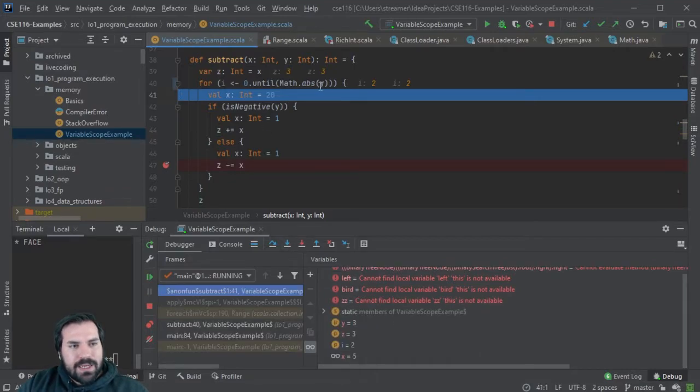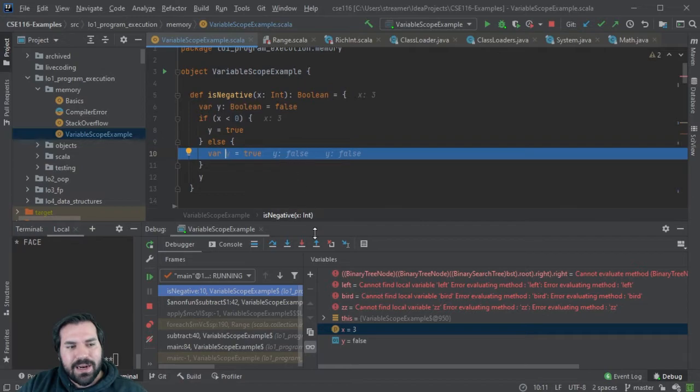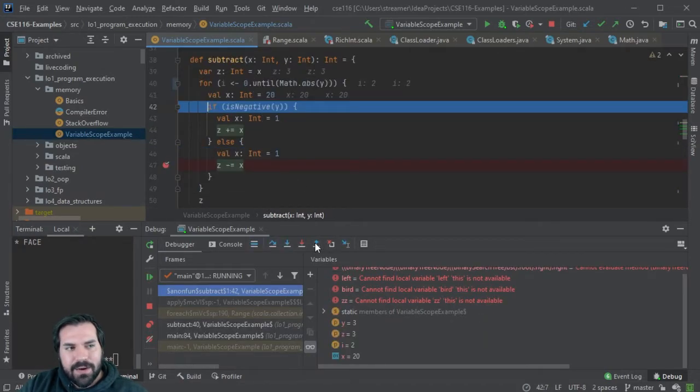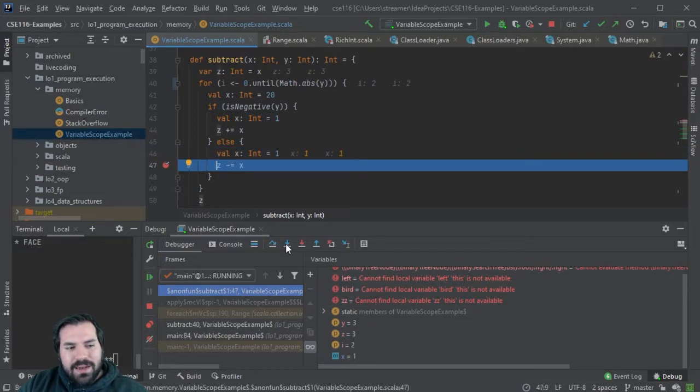We're going to iterate until y minus 1. Y is 3, so i is 2. So this is going to be the last iteration of this loop. We go into is negative again. I don't want to go through is negative again, so I'm going to step out of it. And we get to the end of our loop,